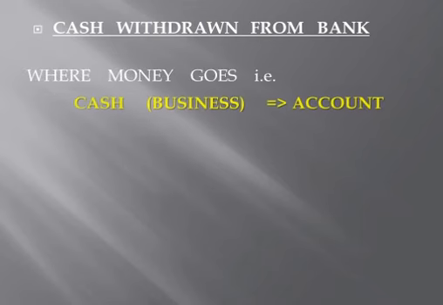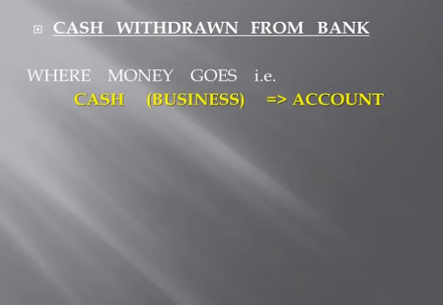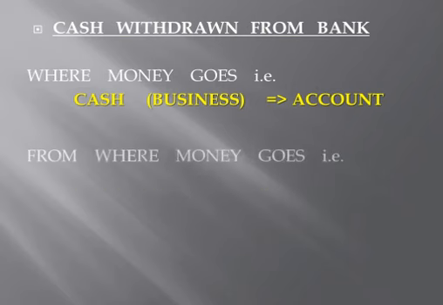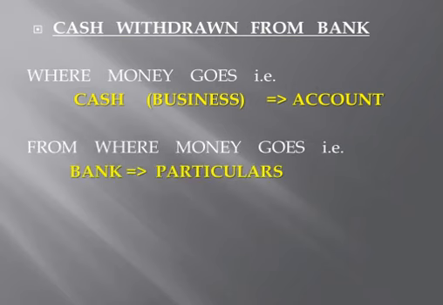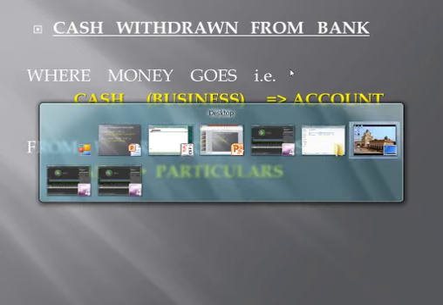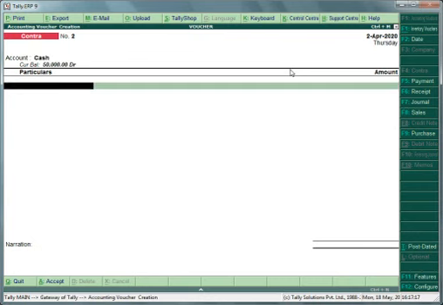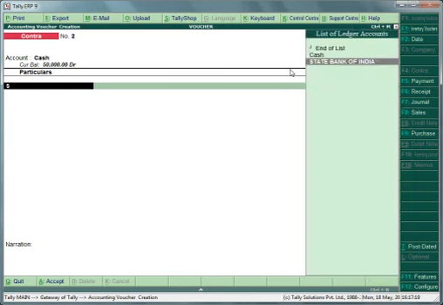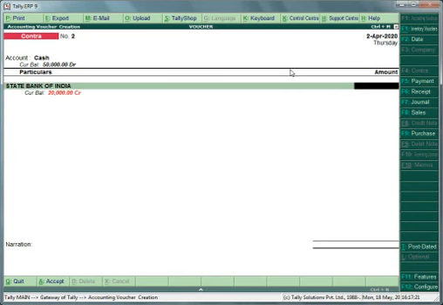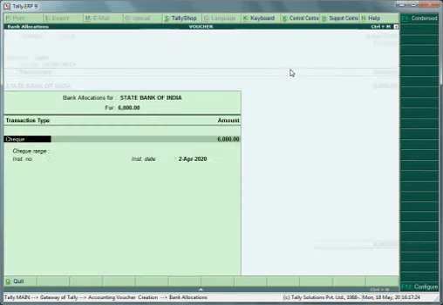So cash or business is put in the account, and from where does money come? From bank. So bank is put in the particulars column. Thus we put in account name cash and particulars State Bank of India, and put here the amount, suppose 6,000.